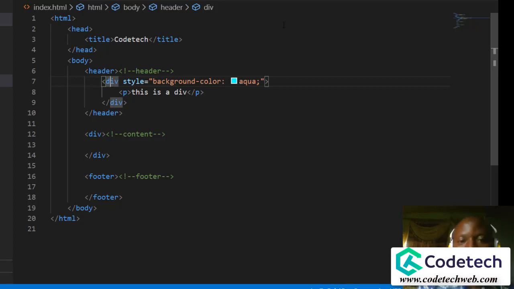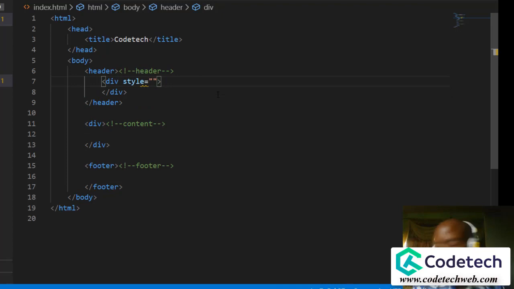Let's just continue. Instead of keeping it, let me delete this background color. I only put it there because I wanted to show you how you add a style to your div. Mind you, you can add a style to just about any tag. So what we are going to be doing here is